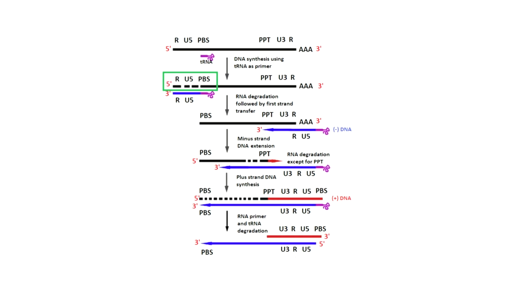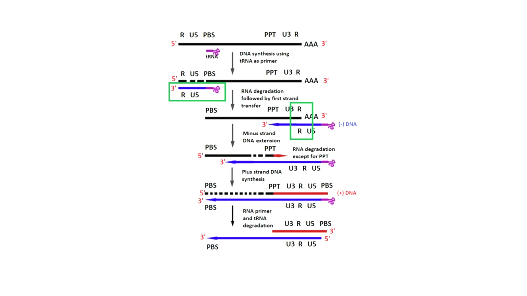Now after this DNA extension is completed, ribonuclease H, the RNase H enzyme, degrades the genomic RNA in the RNA-DNA duplex, except for the primer binding site to which the tRNA is already base paired. So this degradation, if you look at this picture, leaves the repeated R sequence of the newly synthesized DNA strand free, which was before bound to the repeated sequence on the RNA. So now it's free. And this repeated sequence on the newly synthesized DNA can now hybridize with the R sequence located at the 3' end of the virus RNA.